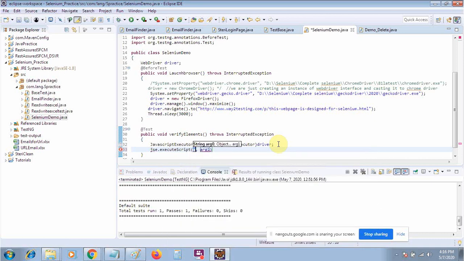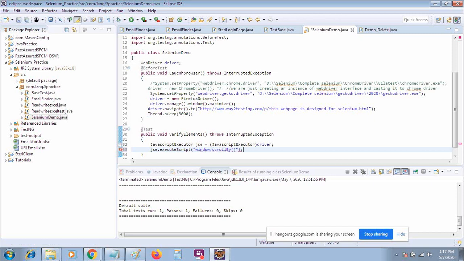Inside this you have to pass a value like window.scrollTo, where you pass the x and y axis. Or window.scrollBy, and you give the values of x and y axis.